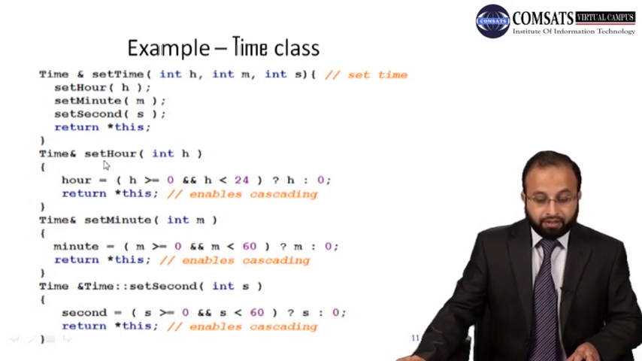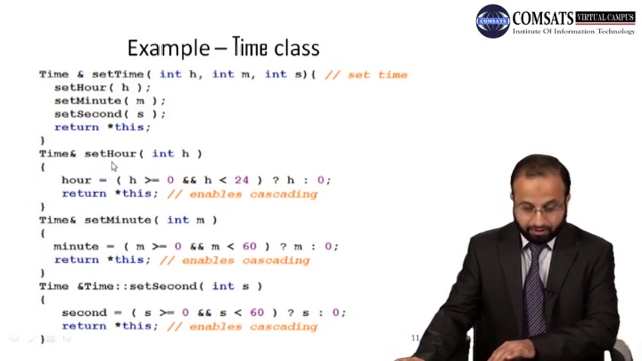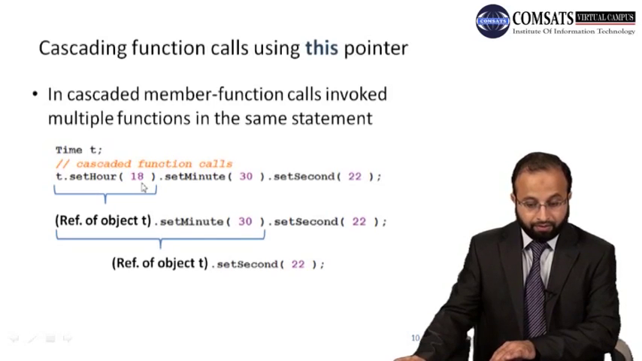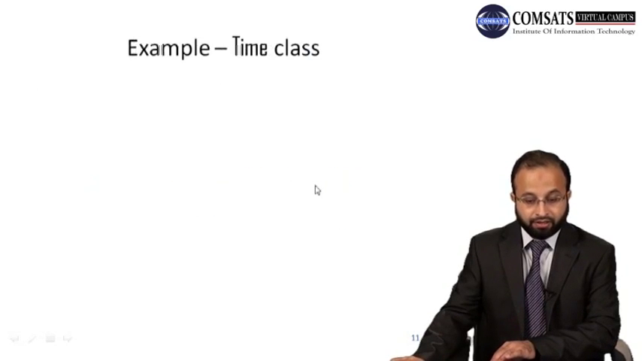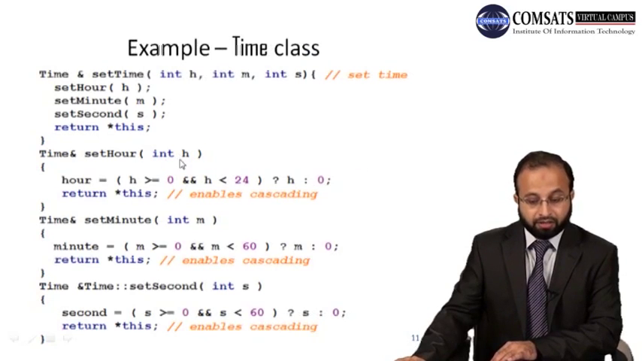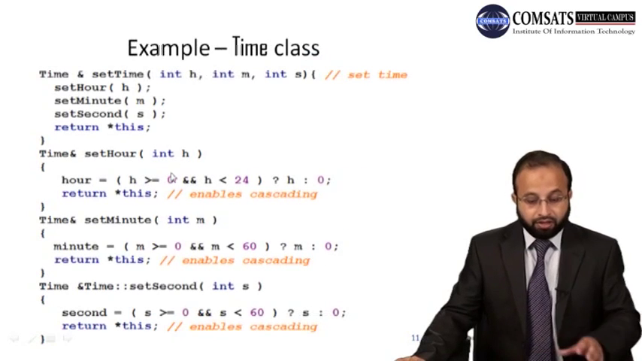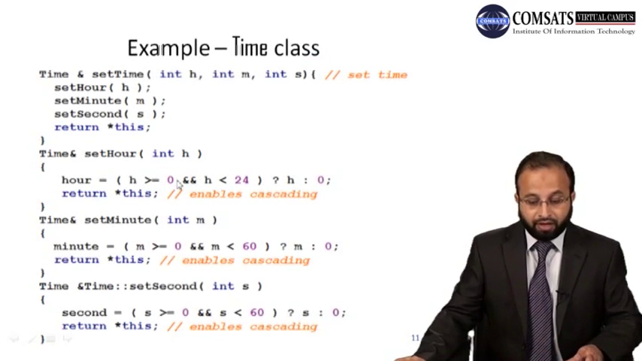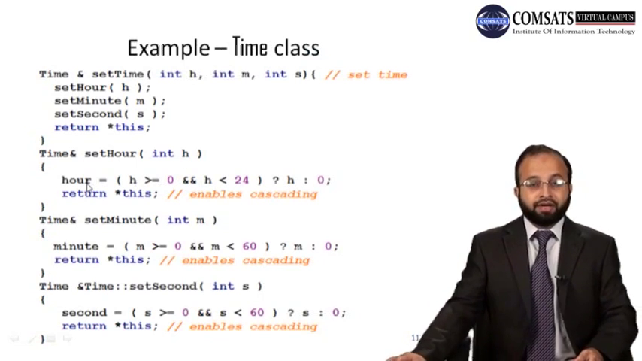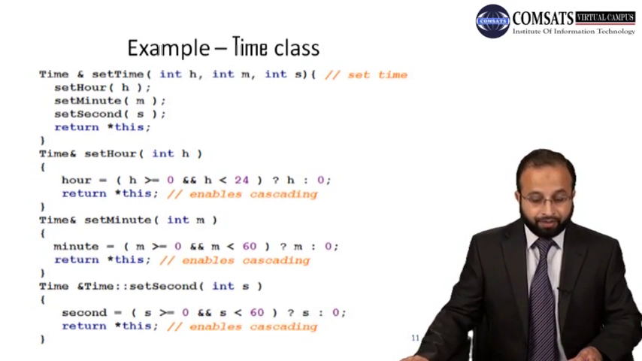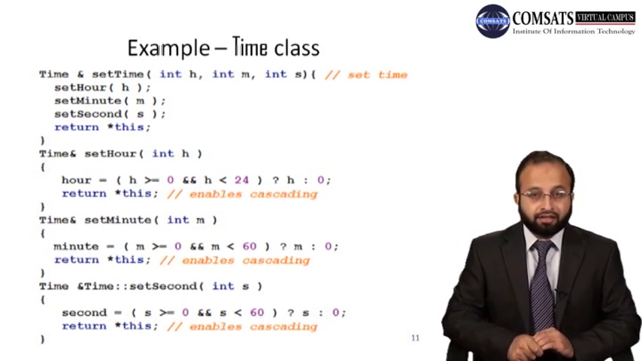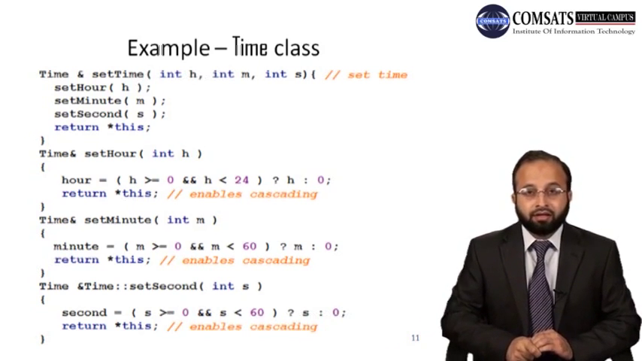So what happens when the set hour function is called? If you remember the function call here, set hour dot set minute dot set second, what happened over here is you pass some value, that is 18, to that function. Now check this value: if that value lies within the range, yes it does, it assigns this value to the hours. Hour is the private data member of the invoking object, that is t. Now what does it return? It returns static this. Now what is static this? Static this is basically the memory that is